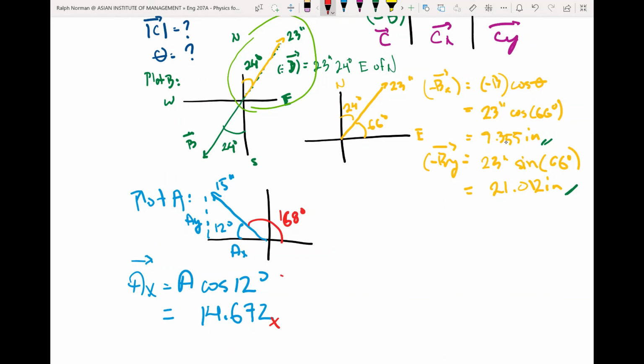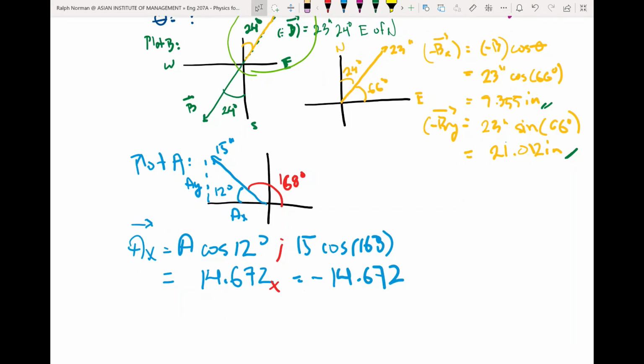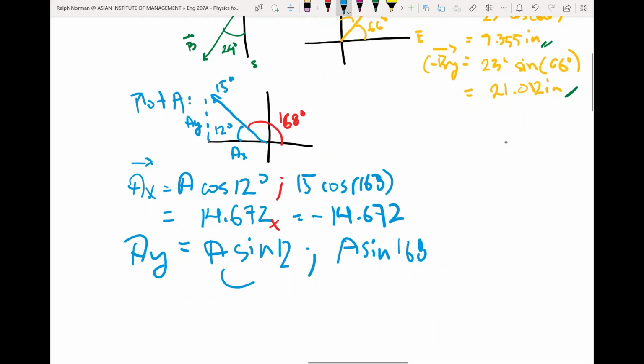Check that out. So that'll be 15 cosine of 168. You would have the same but negative 14.672. Now that makes sense. And as you've guessed, whether you use sine 12 or sine 168, you would yield the same answer rin naman. Sine 12 here, this one sine 168. Both will yield